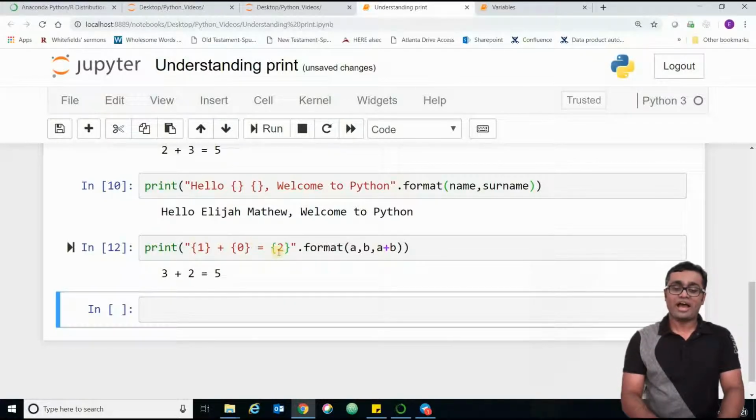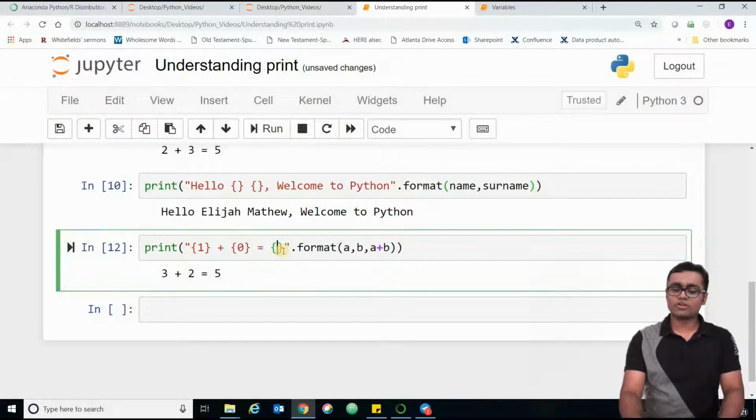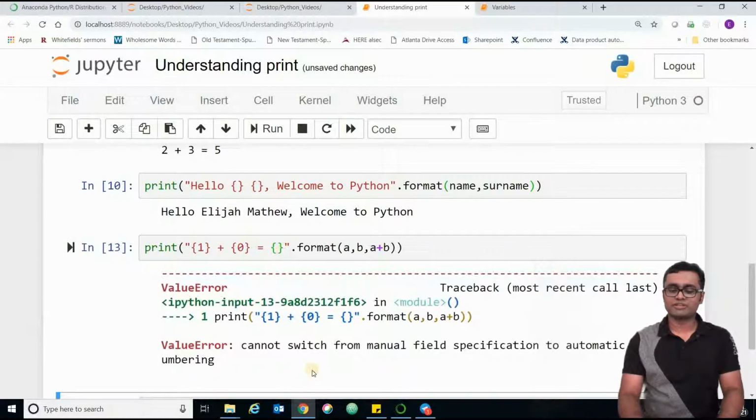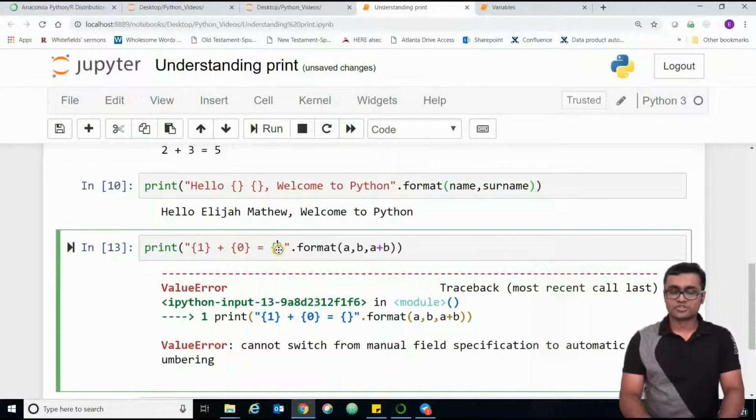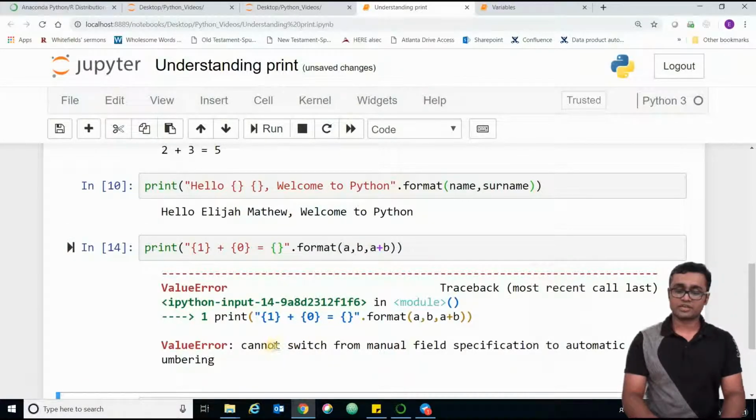If you go for the indexing method, all of them must have an index. You cannot leave one of them empty because it says cannot switch from manual field specification to automatic field numbering. So if I do not specify the position out here and I run this, it will say cannot switch from manual field specification to automatic field numbering. The reason being,